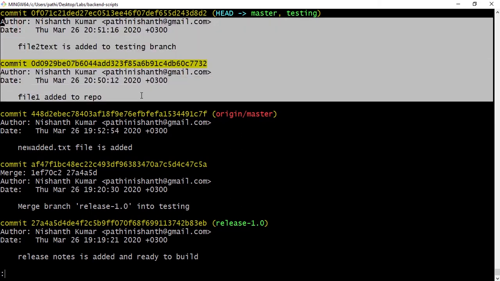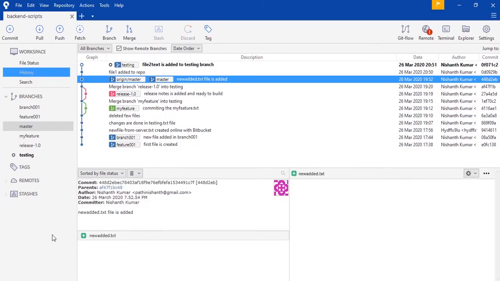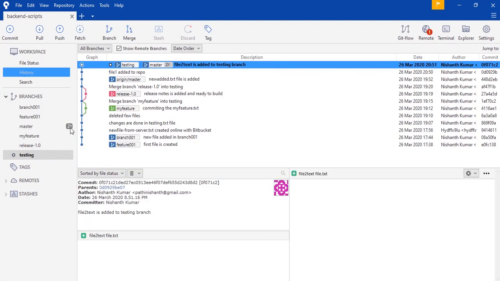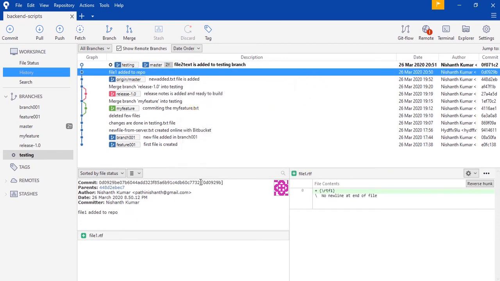Now it does this by rewriting the project history, and by creating brand new commits. These are the new commits that happened. So for example, if you have to verify, go back here, this gets updated. Now you can see master is updated and you have your new repos. For example, in the testing, let us see the hash value when I committed file 1.